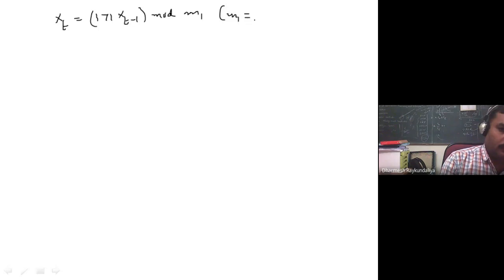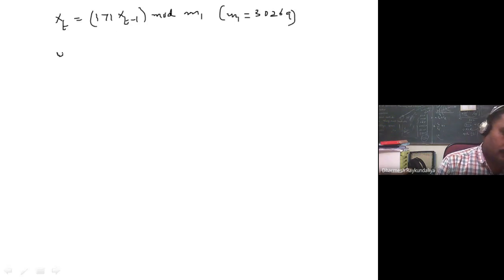What is the first LCG? Xt equal to 171 Xt minus 1, so c equal to 0, a equal to 171, modulo M1, where M1 is nothing but 30269.